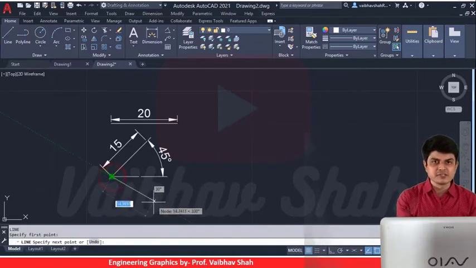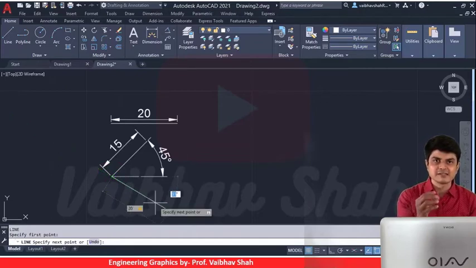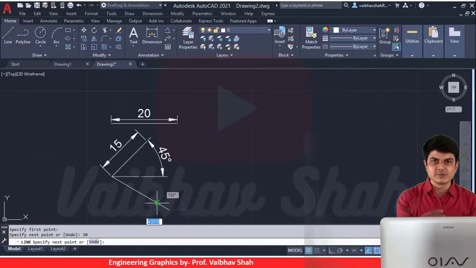So, similar fashion. So, let us suppose I need to draw 20 mm line at 30 degrees. So, let us type 20. Then press tab from your keyboard and let us write down the angle as 30 degrees and then press enter. And to terminate command, press one more enter, you can terminate the command.